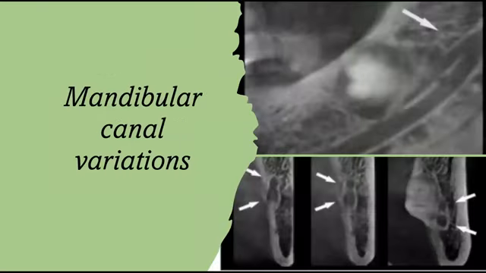Just a note or addition to the continuation of this presentation, the identification of mandibular canal variations is also very important, and this can be very helpful with the use of three-dimensional imaging modalities. This is the CBCT image of the left mandible of a 54-year-old male, and the scan reveals a narrow upper canal originating from the main mandibular canal. This is a case of a bifid mandibular canal, and in this variation, the anatomy is a definite consideration while planning for implants in this region, to be better prepared for excessive bleeding or neural injury during implant installation.